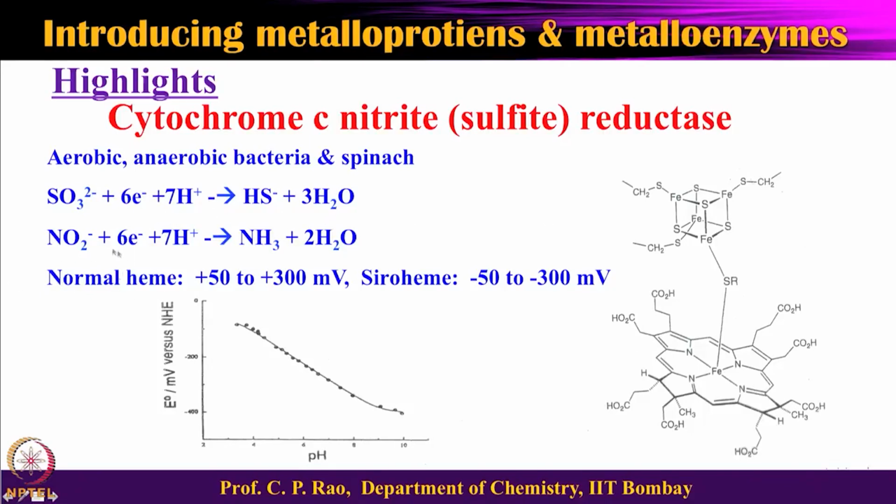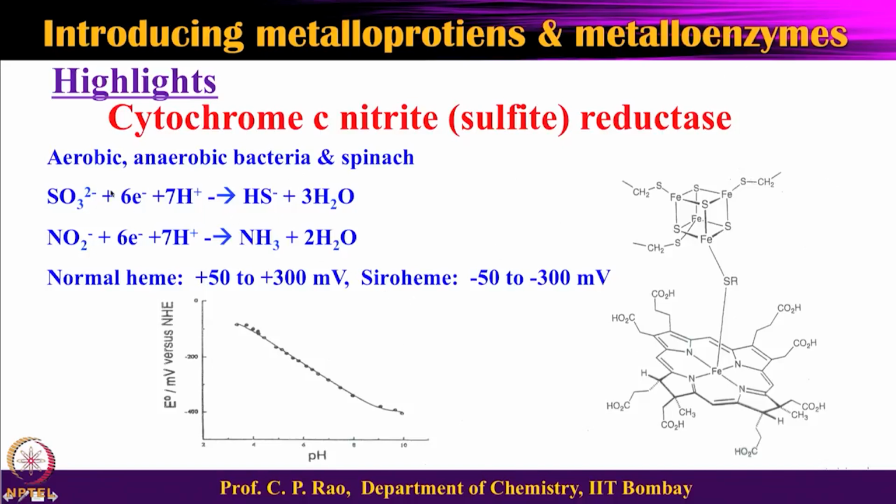Nitrite to ammonia: this is 6 electrons plus 7 protons, giving ammonia and 2H2O. For this kind of reaction, you require a large number of electrons, therefore simple hemes are not sufficient enough. Therefore, these hemes are connected with the iron sulfur cluster, and such a situation is called siroheme. So, siroheme is essential for doing such a huge level of the